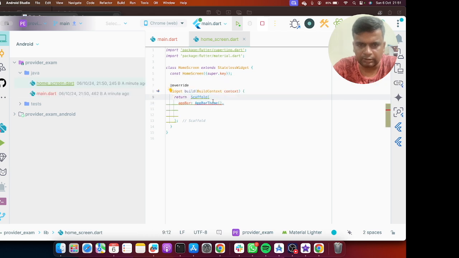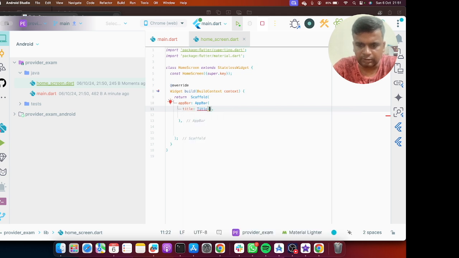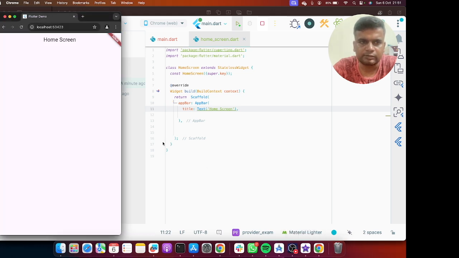I will delete this and yes, this is called app bar and this is called title. I will name it home screen. Yeah, things are working fine.